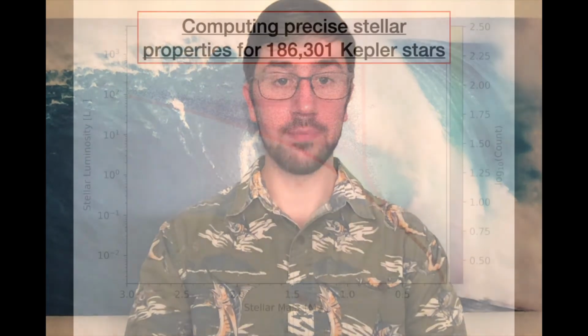In this video, I will be discussing my most recent work on the Gaia-Kepler Stellar Properties Catalog, papers 1 and 2, that I completed with collaborators Dan Huber, Jen Van Saters, Eric Gaidos, Jamie Tyar, Lauren Weiss, and Adam Kraus. Because exoplanet transit surveys such as Kepler rely on the ratio of areas between the exoplanet and the stellar disk to determine planet radii, stellar properties are incredibly important in the pursuit of precise exoplanet characterization.